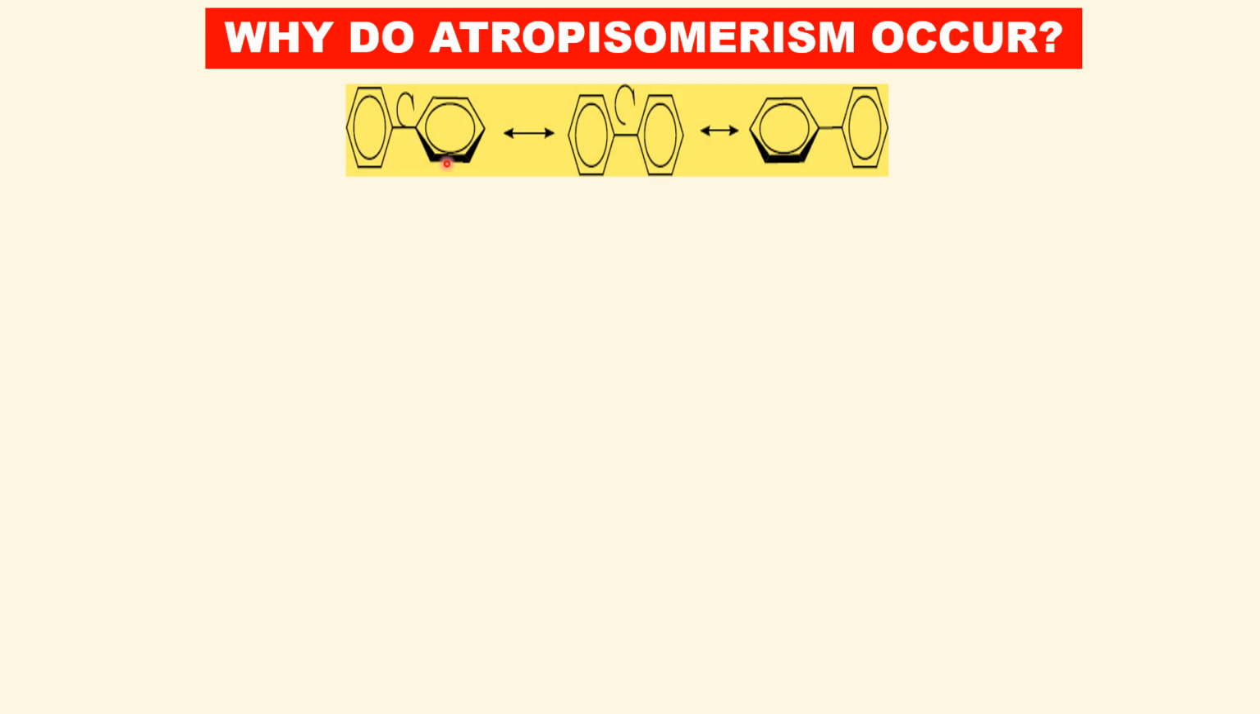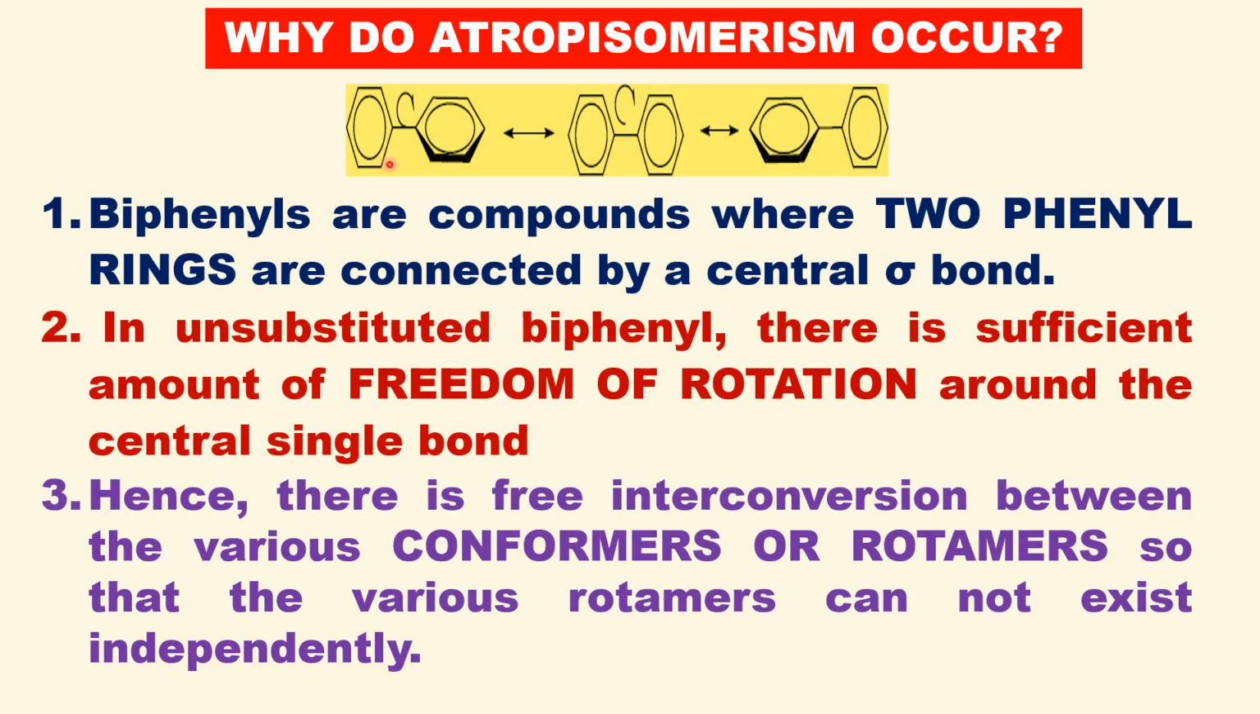There is a free rotation at this carbon-carbon single bond, the sigma bond. Therefore, this also becomes perpendicular, and then if you rotate, this will become parallel. This is perpendicular. So biphenyl or biaryl compounds are compounds where two phenyl or two aryl rings are connected